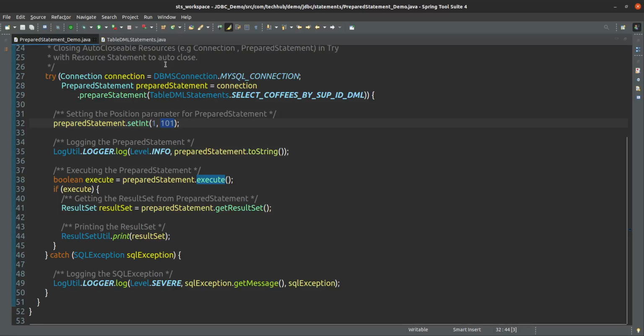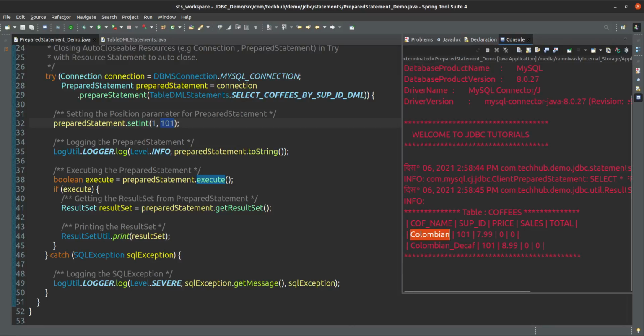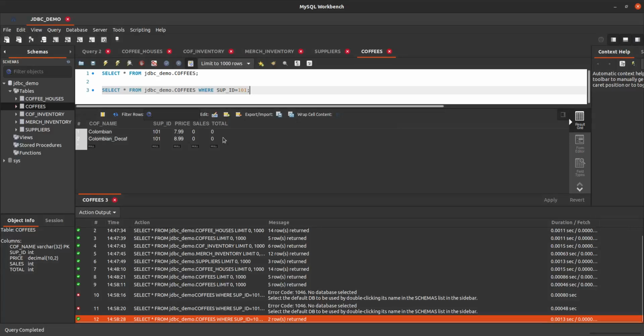So for 101 there are 2 records, and the same 2 records we are getting here. Yes, coffee name is Colombian, soup ID 101, price 7.99, sales total 0. So the same record we are getting here.